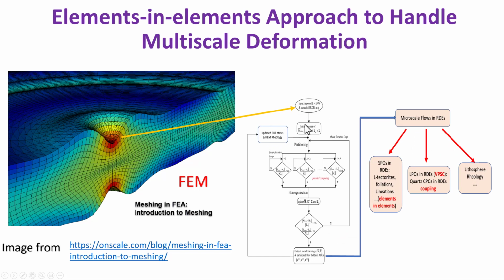Our Moplar calculation can then be used to calculate downscale flow fields, which can be further used by models such as VPSC. So in doing this, we truly achieve modeling of many scales. We couple different models. We also couple multiple physics, from flow analysis to the development of lattice preferred orientations. As I said at the beginning, the treatment in this lesson is a brief introduction. Please read the lecture notes and the referenced papers for more details.